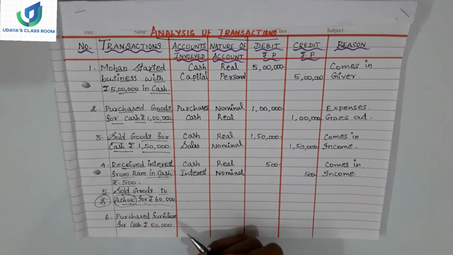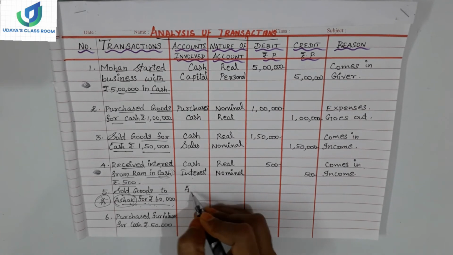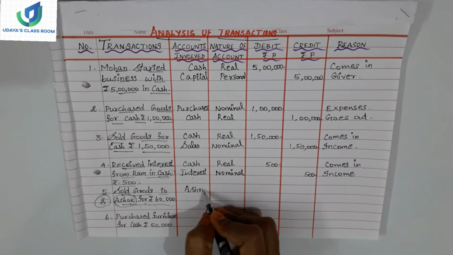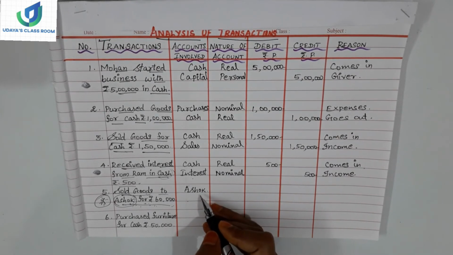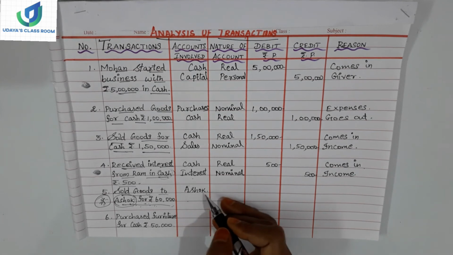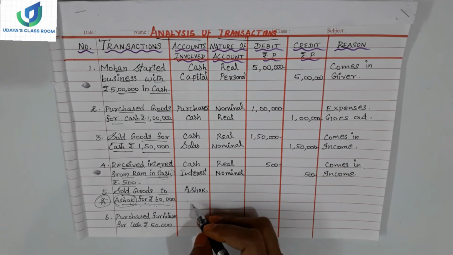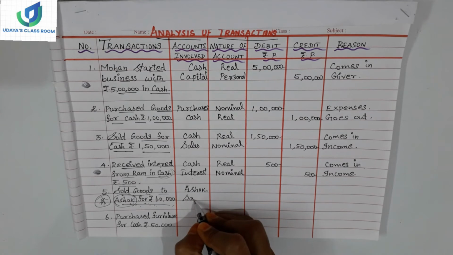So here we have done sales to Ashok. Who is the receiver in this transaction? Ashok is the receiver, so we have to write Ashok. A person is involved in this transaction. What is the rule of the personal account? Debit the receiver. So Ashok is the receiver, and we have debited Ashok. Alright. And next, what is involved? Sales is involved in this.